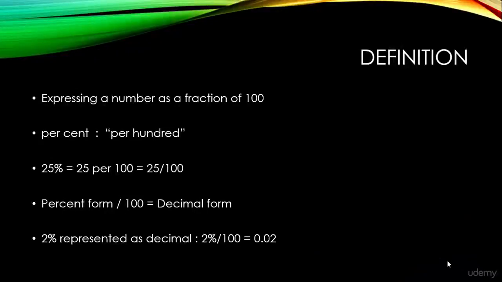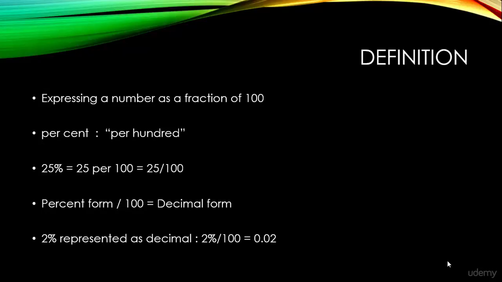Percentages. A percentage is a way of expressing a number as a fraction of 100. Percent means per 100. It is often denoted using the percent sign, %, or the abbreviation PCT. Since a percent is an amount per 100, a percent can be represented as a fraction with a denominator of 100. For example, 25% means 25 per 100, 25 by 100, and